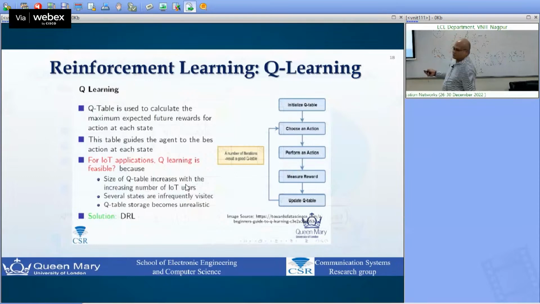So Q table is suitable only if we have few states. In IoT applications, we are going to have a huge number of IoT devices, so the possibilities for states are going to be very huge. Now the action here is the 9 parameters, so the combination of 13 parameters or 9 parameters. If you take the 9 parameters, we are going to have